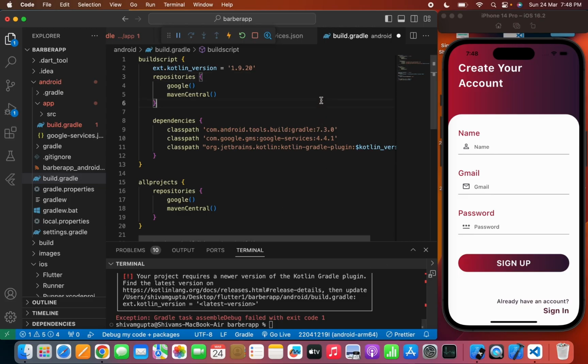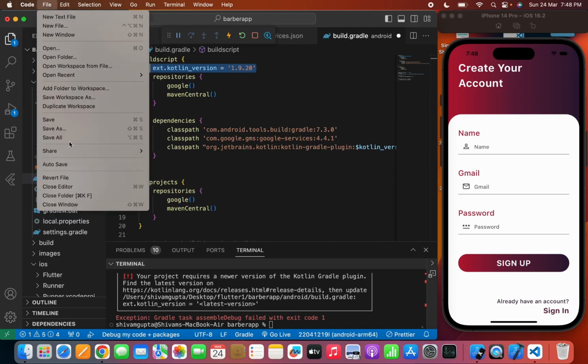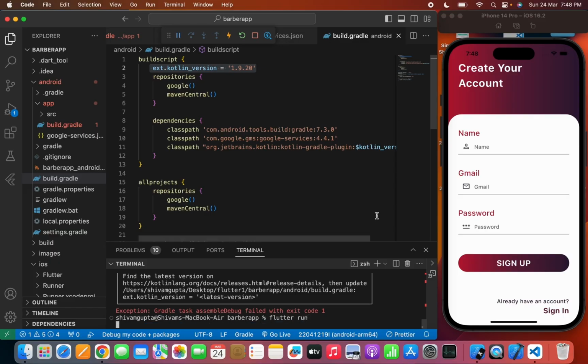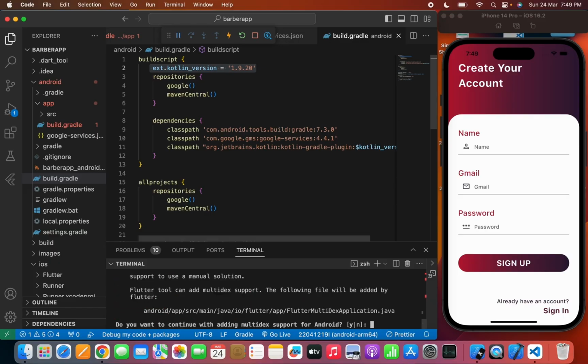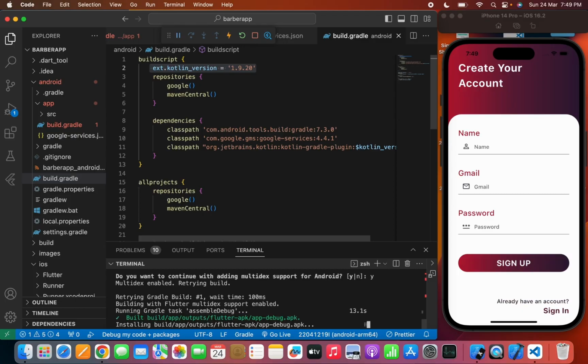Sorry, I didn't save the file. So when you are making the changes, please make sure that you are saving all the files before writing the flutter run command. So now they are telling me to add multidex support for Android. So I will write yes. So here you can see that our build is successful and we have successfully loaded the app in our real